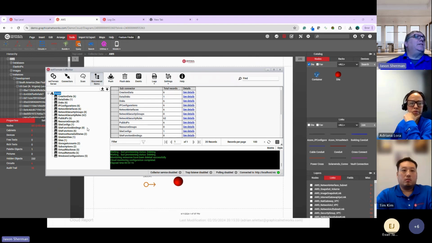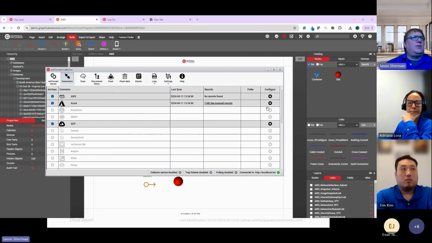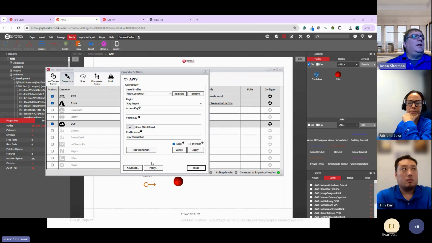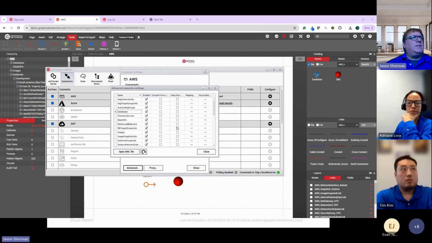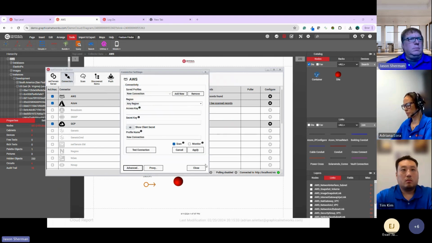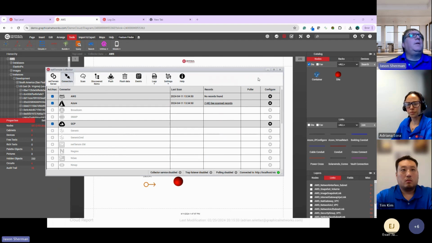Creation data disks, and you can see stuff on the left-hand side. These can be fine-tuned. Within connectors, you have the ability to configure things. You go into advanced, and you can choose what data you're going to bring across. AWS, there's quite a bit. Azure, there's quite a bit too, but you can choose if there's some things you don't care about. You're like, oh, I don't do Kubernetes, I'll just leave that out. I mean, of course, it wouldn't bring anything in anyway.